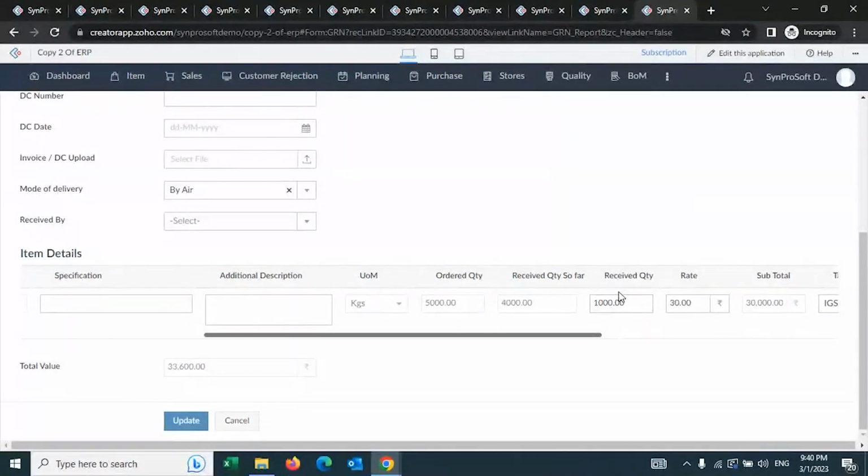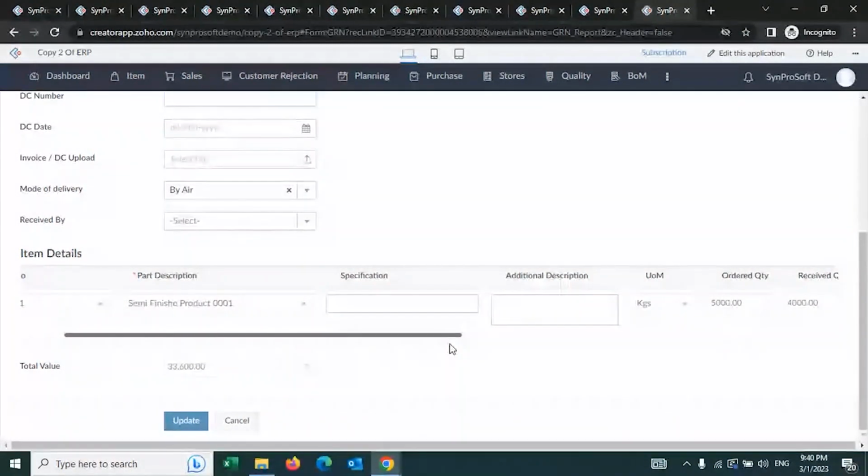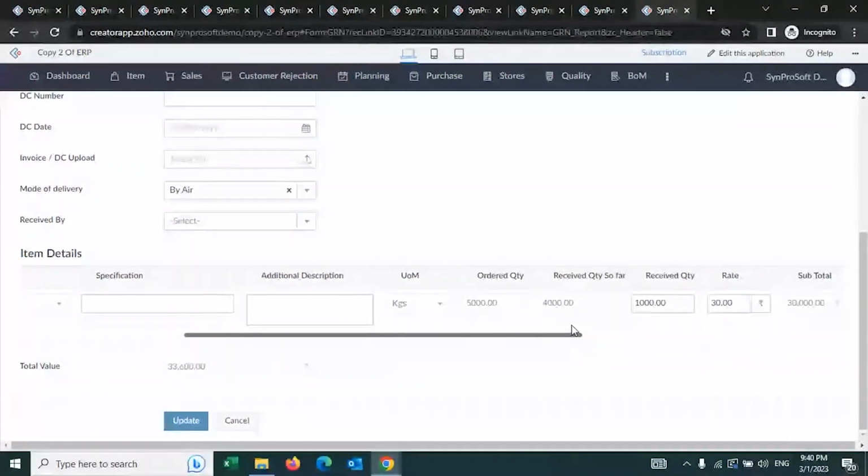You will be able to create another GRN entry for the same purchase order. Until the final quantity is updated here, you will be able to create any number of GRN entries for a purchase order. At any time, you can even set a rule that if an item is not received within 90 days or 60 days from the time the PO is raised, you can auto close the purchase order. You can set it up like that and manage.